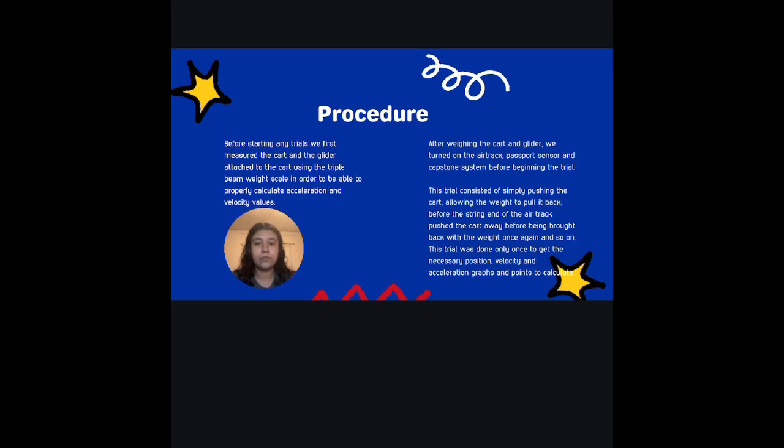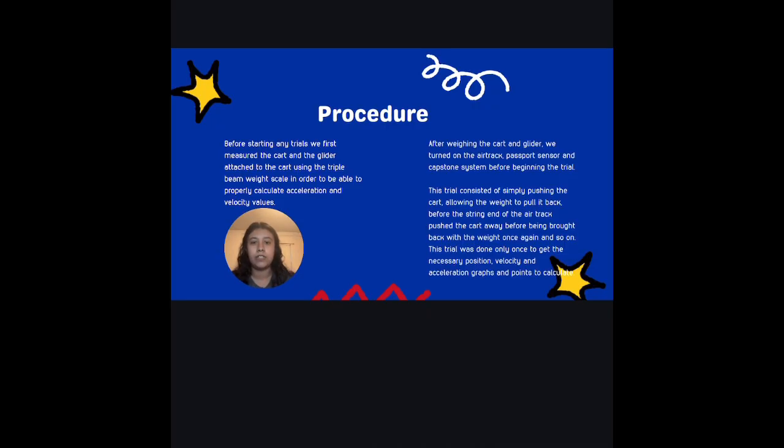For the procedure, before starting any trials, we first measured the cart and the glider attached to the cart using the triple beam weight scale in order to be able to properly calculate acceleration and the velocity values. After weighing the cart and the glider, we turned on the air track, Pasco sensor, and the Capstone system before